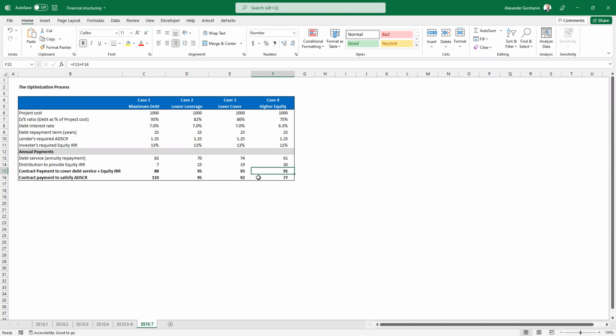These illustrations of model optimization are highly simplified. The calculations ignore operating revenues and costs, which can be assumed to be the same in all of the cases, as well as inflation and tax and lenders' requirement for a project tail. And other factors which may affect the cash flow, such as maintenance spikes, are also ignored.